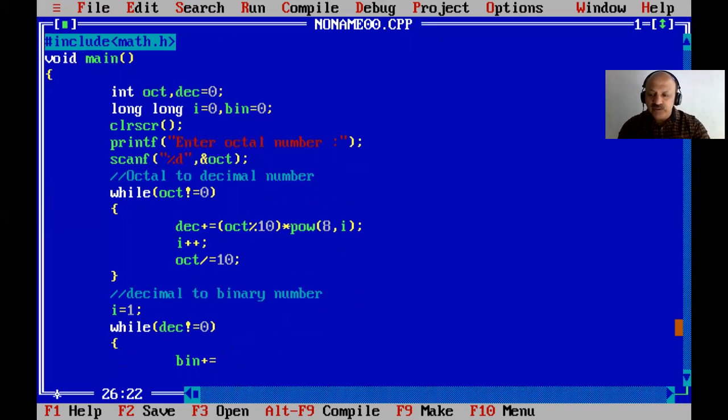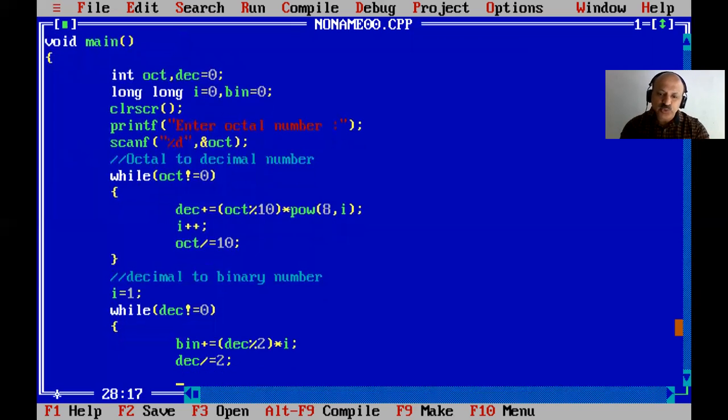So plus equal and decimal. So we can decimal that you have to know modulo 2, and then again multiply I. Yes, so that is a decimal to binary, you have to know this very well, so that is a base of 2, and then decimal plus equal to divide by 2. Yes, you have to know. And I, that